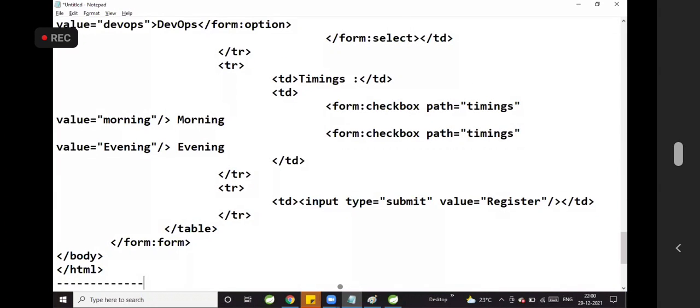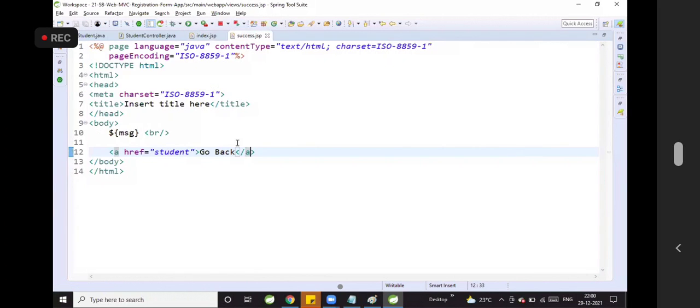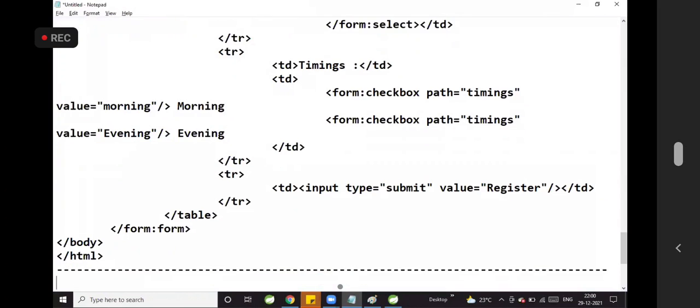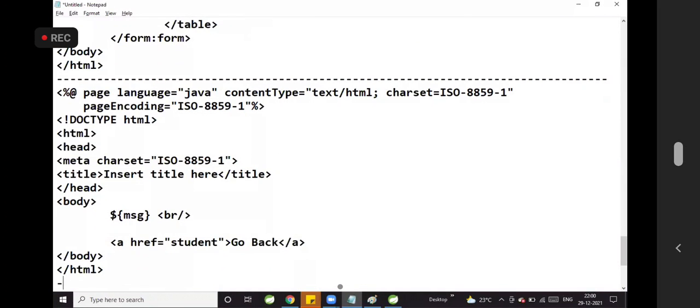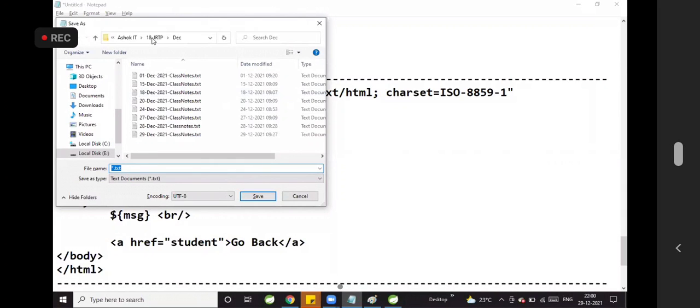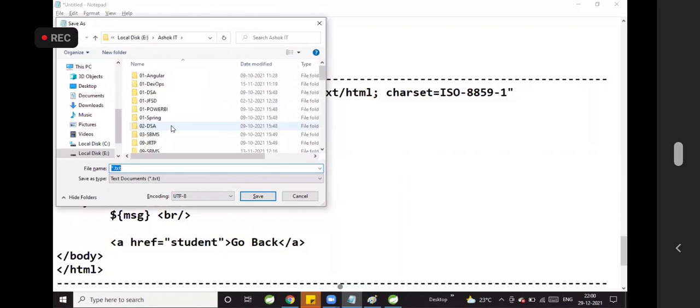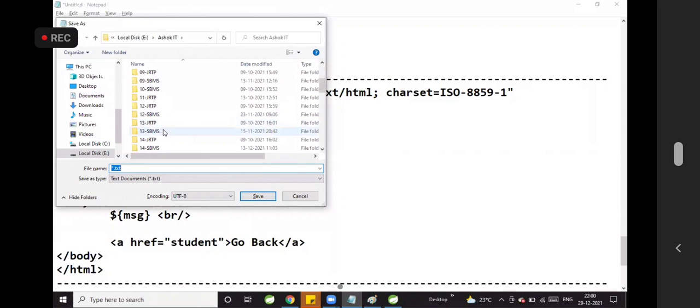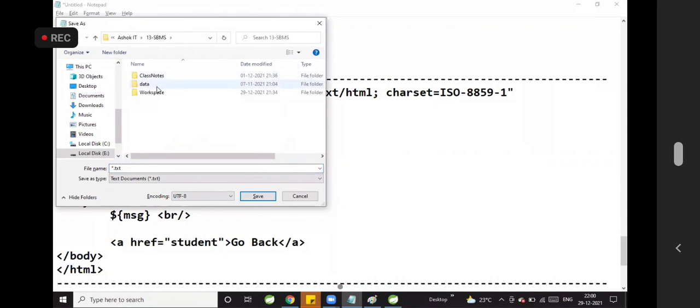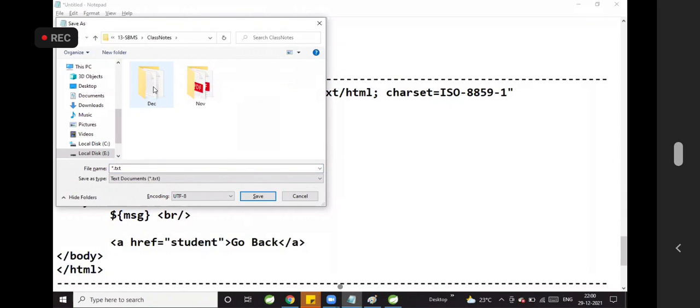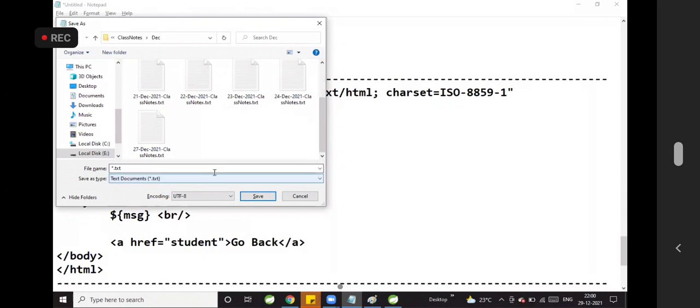And we have success.jsp where it is printing success messages of our page. That's it. I will upload this class notes in the Google Classroom. Before coming to tomorrow's session, I want you guys to try developing this login form and registration form, because once you guys develop this, then we are going to develop one application with layered architecture.